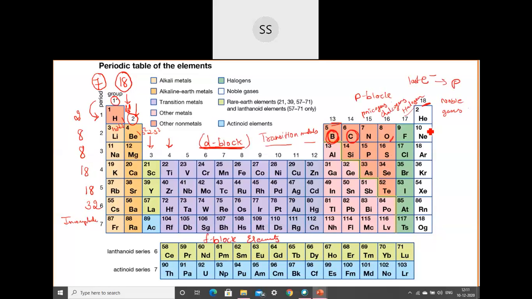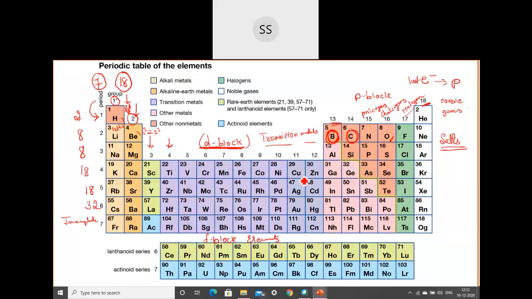And the 17th group, why are they called halogens? Because they form salts. Yes, very good. With the metal, these non-metals combine to form salts, like sodium chloride, potassium iodide. There are a number of salts we can keep on listing. And the last ones are noble gases, highly stable elements which don't react at normal conditions, because of their fully filled, stable electronic configuration.